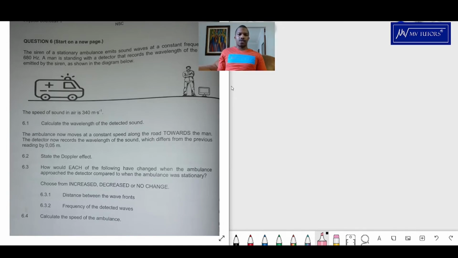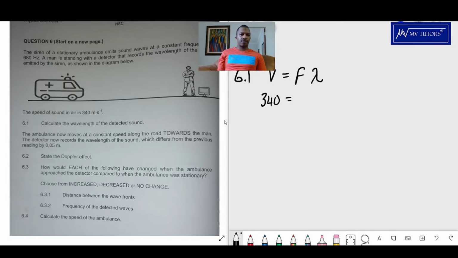Okay, so what do we need here? We need the formula to calculate this speed. The speed formula, if you know it, 6.1, you know that velocity is equal to frequency times the wavelength. Okay, so the velocity, have we been given the velocity? We have, there's the speed of sound. It's the speed, so it's 340 equals the frequency. Have we been given the frequency? Let's see, there it is, frequency of sound 680. So we've got 680 and then the wavelength over there. And what we want to calculate is the wavelength, so the wavelength is equal to